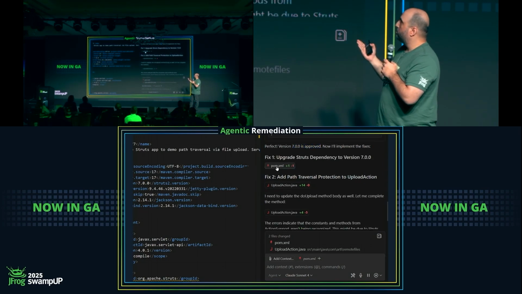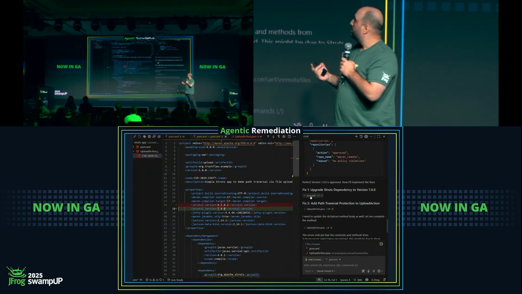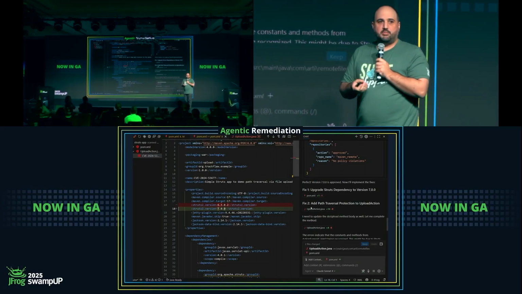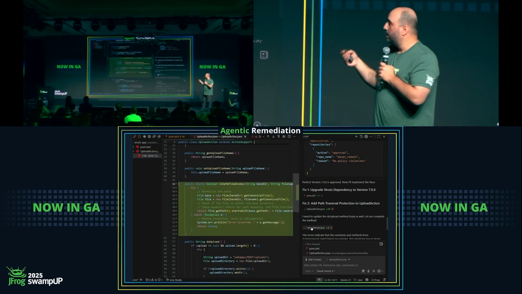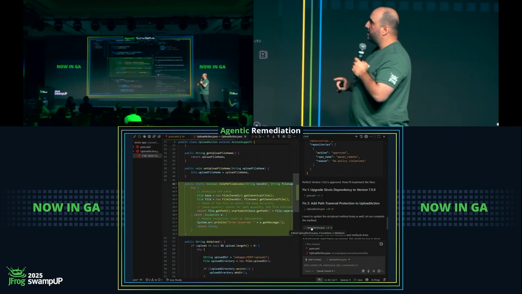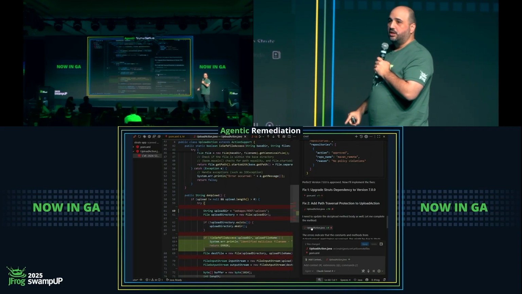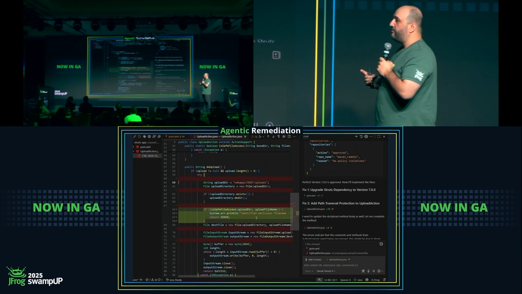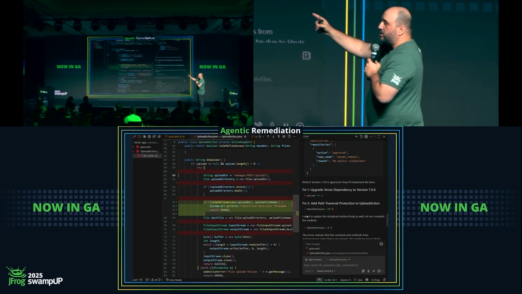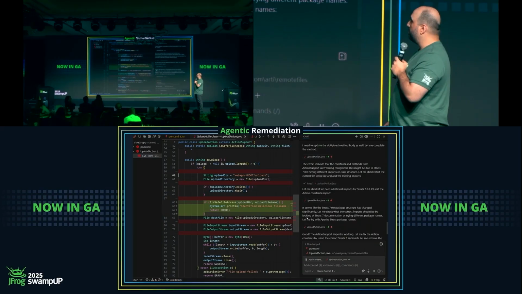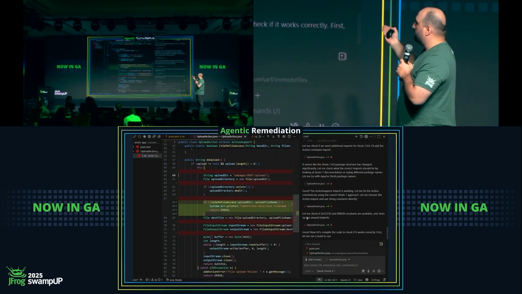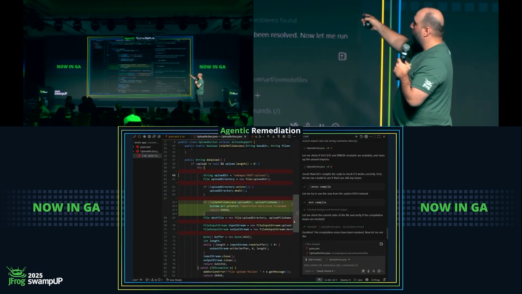But we also want to add protection against the path traversal. We also want to be able to protect ourselves from these types of vulnerabilities happening again in Apache Struts, so we have the fix. And this is exactly what is happening here. We're adding a new function that checks for safe access to files, and then we call it just before we use the information coming from external input. So we can see that this fix is happening.